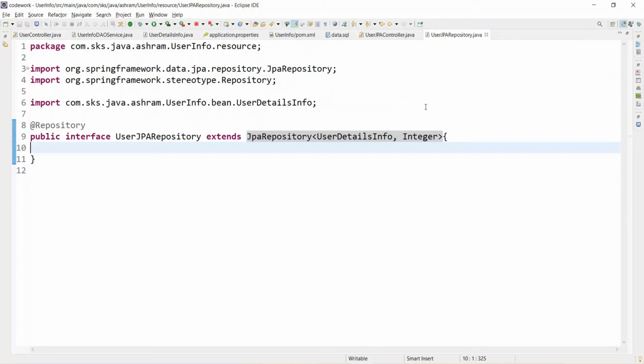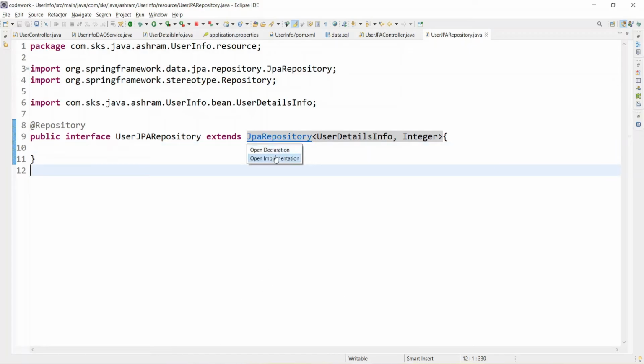We are much focusing on the business part instead of how the data will persist, how we will save the data, how will you delete the data. You don't need to bother about this. So internally JPA is an interface basically, which is implemented internally by Hibernate only. But this is the beauty of the abstractions that Spring Boot is giving to us. So you don't need to bother about that.